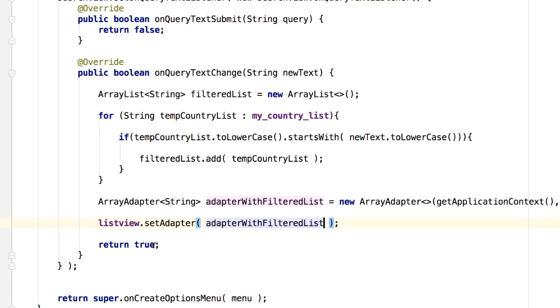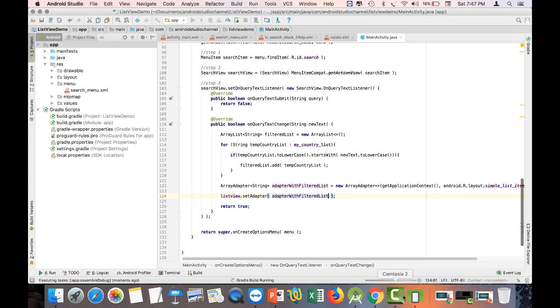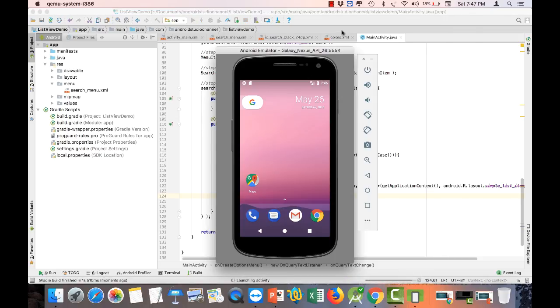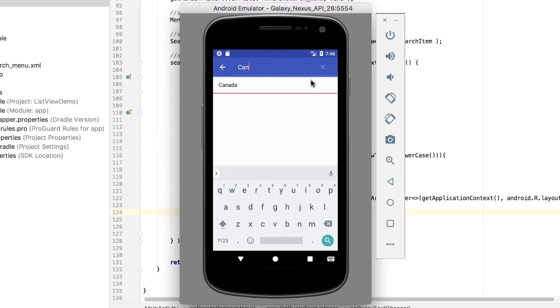And then you return true, and then if you run this, we would already be able to filter our list view, okay? So let's test. I hope this works. So what do you wanna do? I wanna see Canada, okay? Canada. Okay, correct. Our code works. I wanna see Philippines only. Okay, I wanna see United States. Okay, so